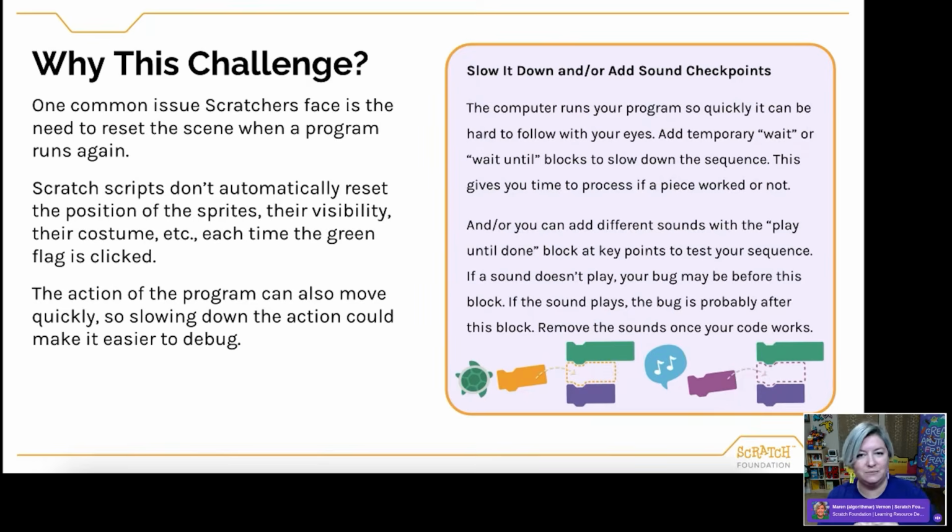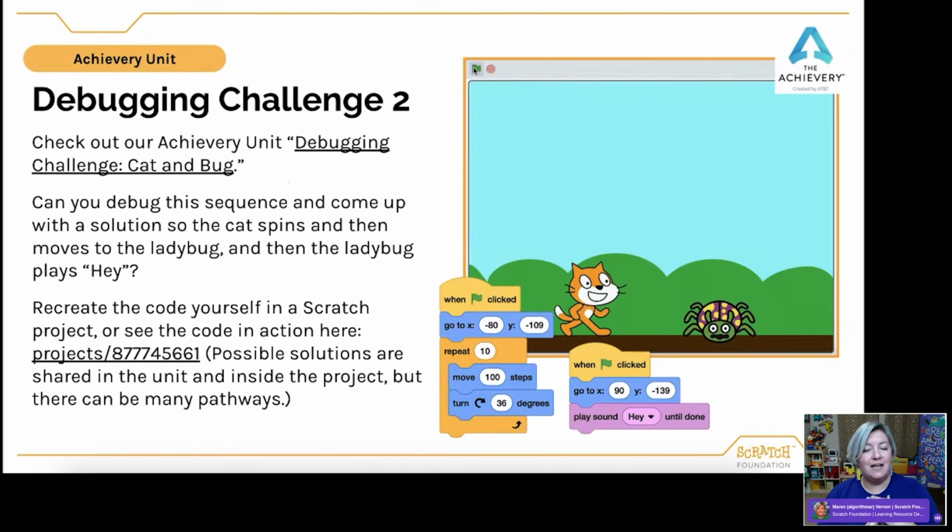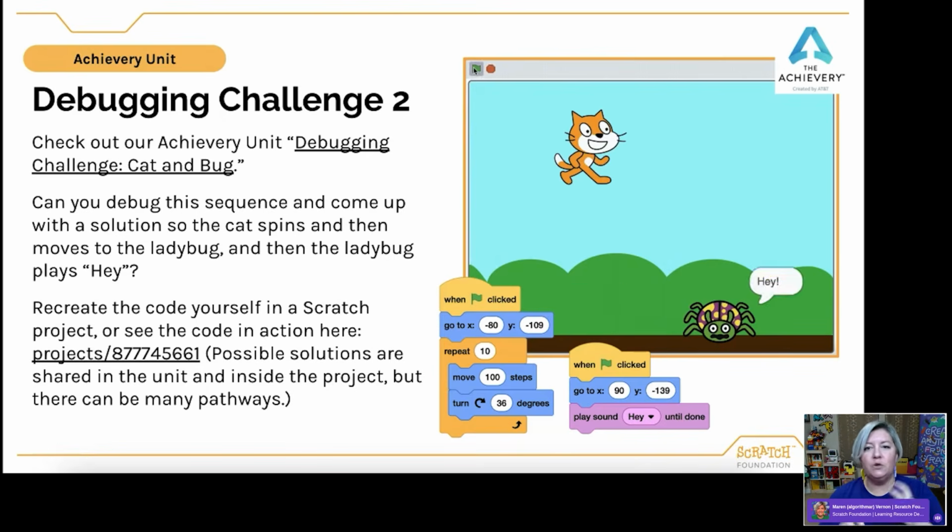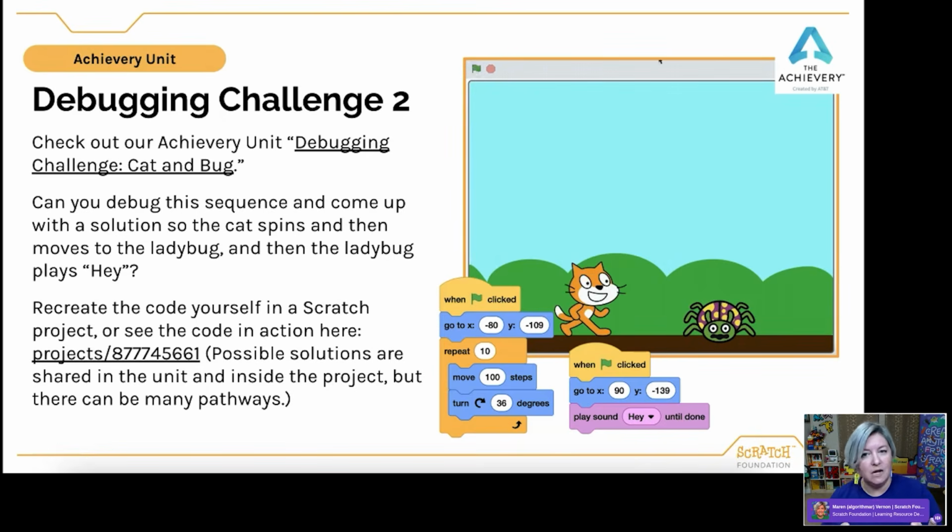This is our other second achiever unit called Debugging Challenge Cat and Bug. So in this program, what's happening is we want a cat and a ladybug to interact. So every time the program is run, we want the cat to spin in a complete circle while staying on the ground. Cats can't fly, believe it or not.